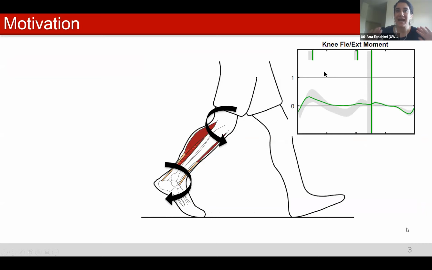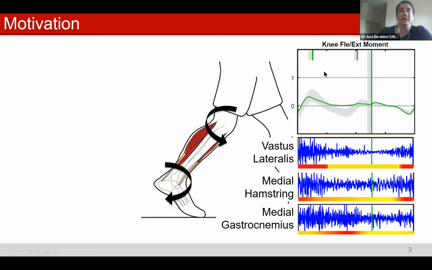But there's a really big asterisk in conventional gait analysis, which is often used in clinical treatment, and that is that we cannot use joint moments to necessarily inform individual muscle tendon forces. For example, looking at the knee joint moment here, the patient's data is in green, and it looks fairly close to a typically developing cohort, which is that gray band. But in fact, when we look at the EMG, we see high levels of co-contraction about the joint. So we're missing this direct quantification of individual muscle tendon forces, which can be particularly important in pathological gait where co-contraction can be a major